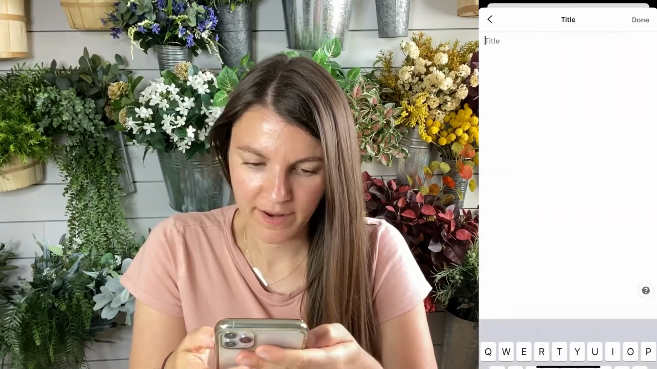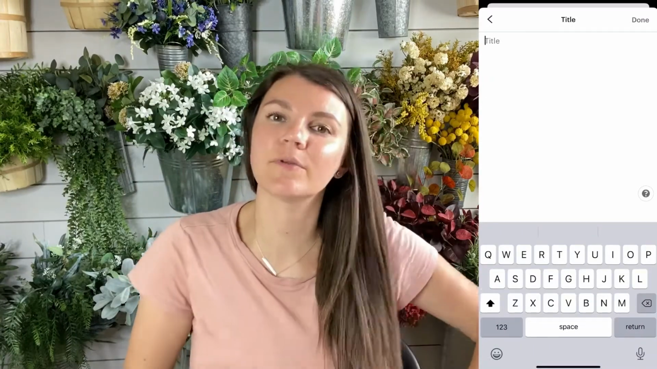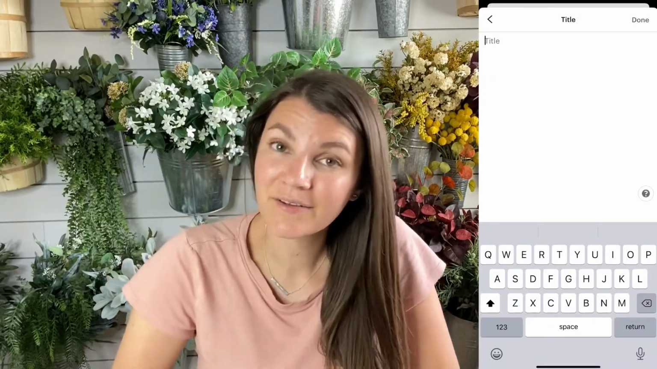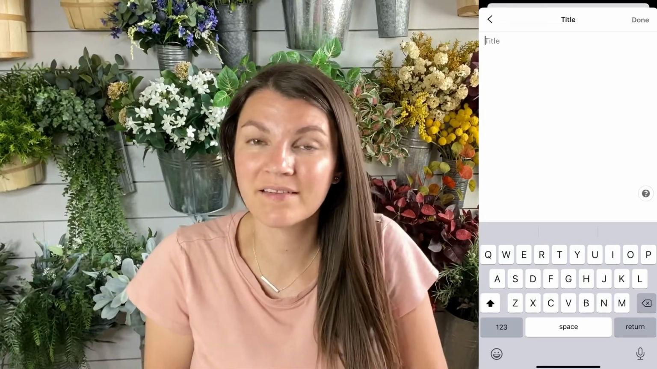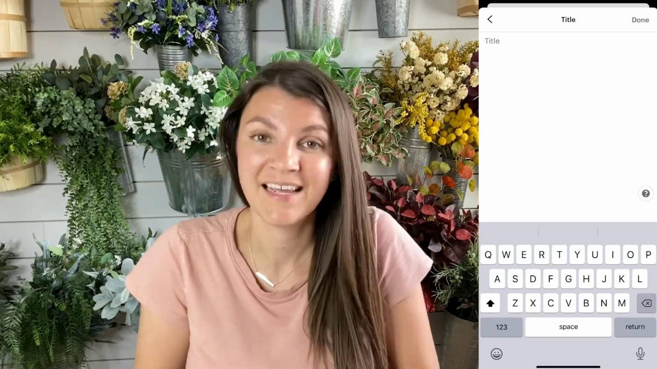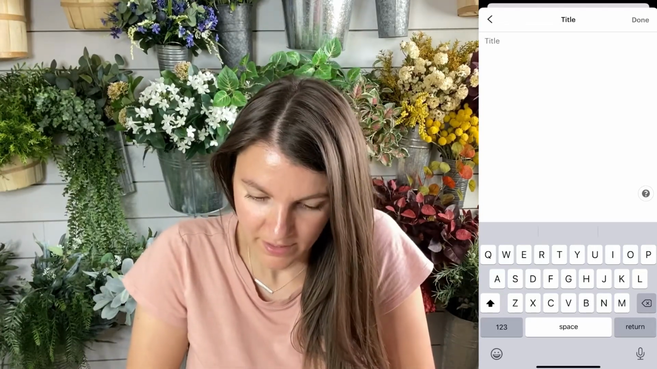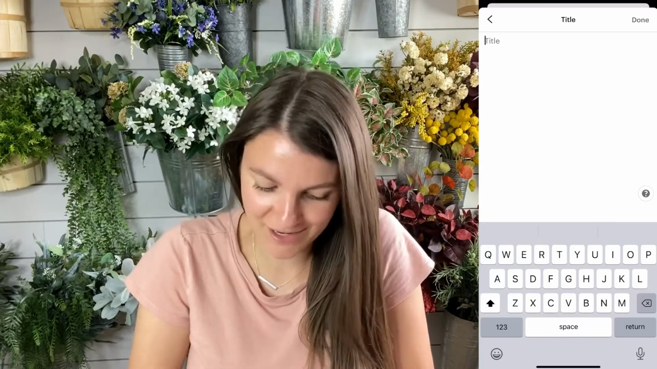And then I'm going to add my title, and in your title you want to have a mix of long tail keywords, which are like little phrases, and some short tail keywords. It needs to be very searchable but very descriptive. So I'm going to do